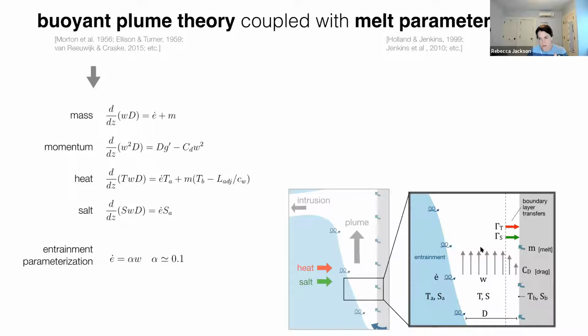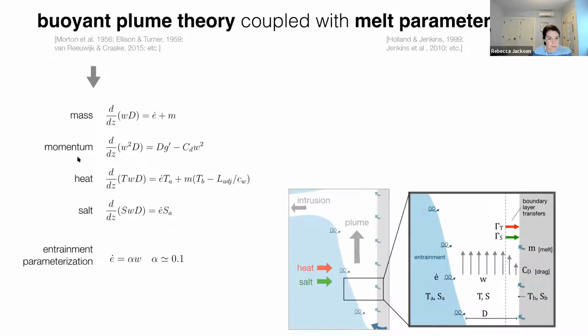When you solve them, you can derive the properties of the plume as it rises along the glacier face: the upwelling velocity of the plume, the temperature and salinity of the plume, the thickness of the plume. And this is a really well-developed theory dating back to the 1950s. It's been tested in a whole variety of other environments, like volcanic eruptions and discharge of pollutants. It's well tested, and I should say there's an entrainment parameterization that relates the velocity of the plume to entrainment into the plume